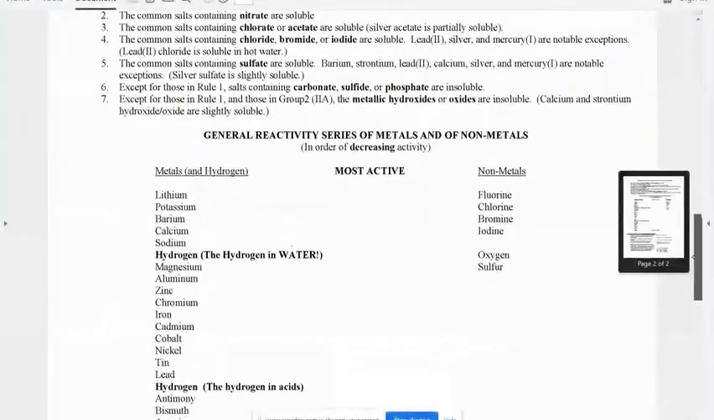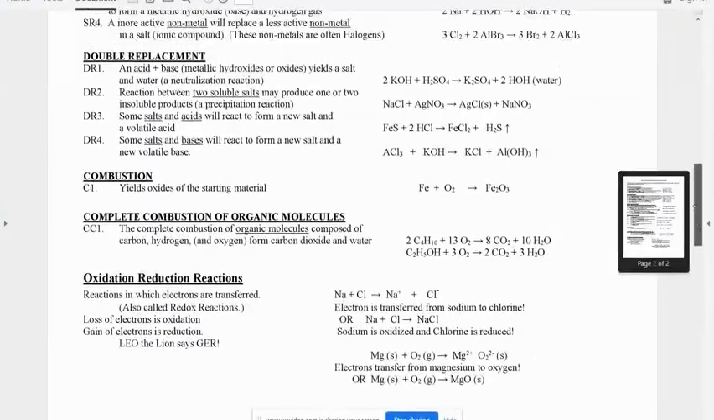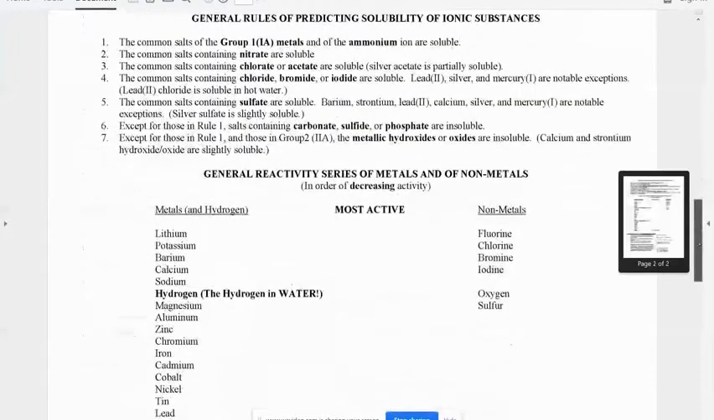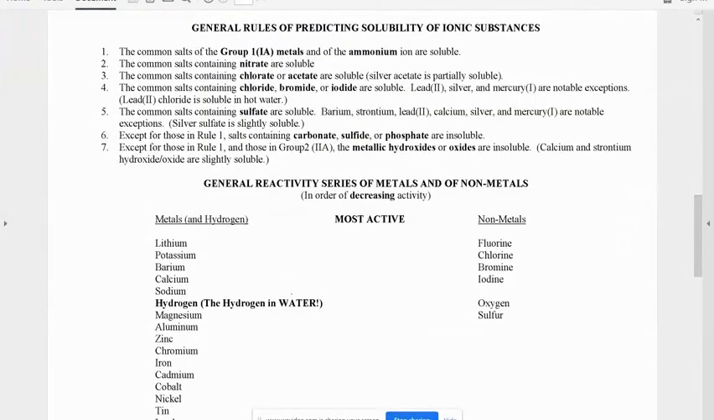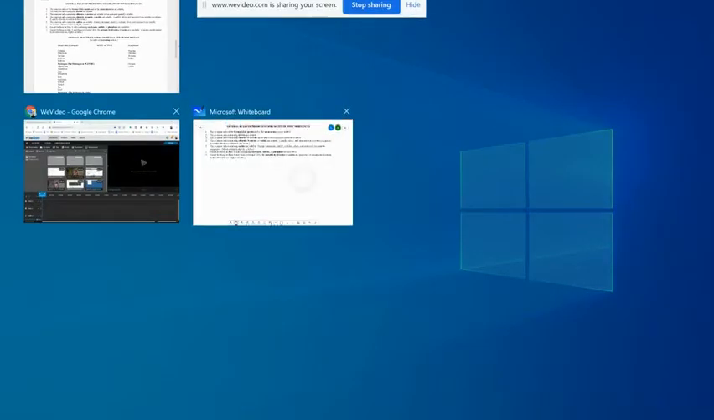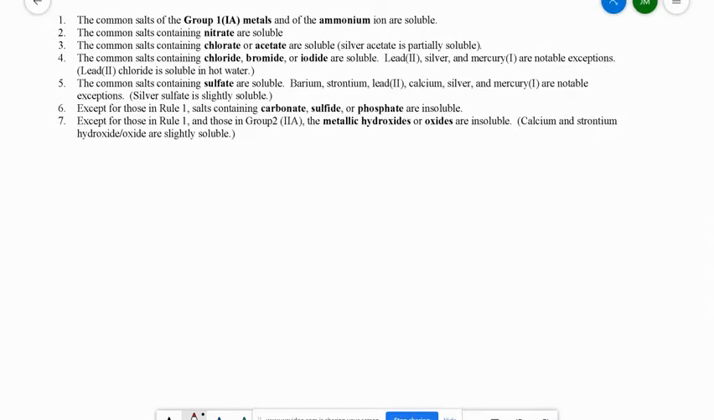All right, when we turn it over, we're going to get, oh, well, sorry about that. We're going to get these general rules for predicting solubility of ionic substances. This is what I want to take a moment and look at here. Okay, so these are a set of rules trying to determine what is going to be soluble and what is going to be insoluble. So, first of all, remember